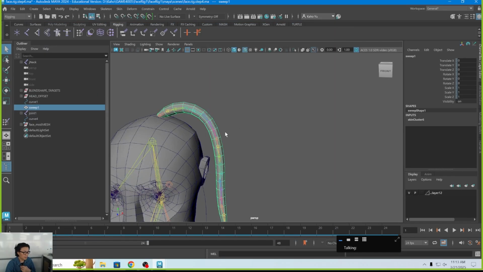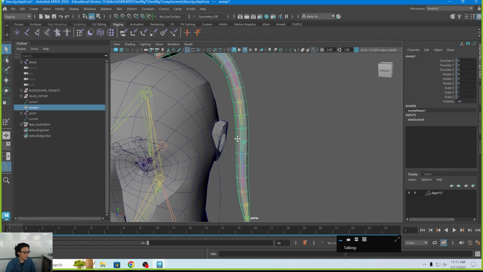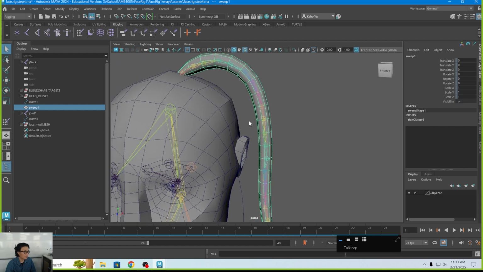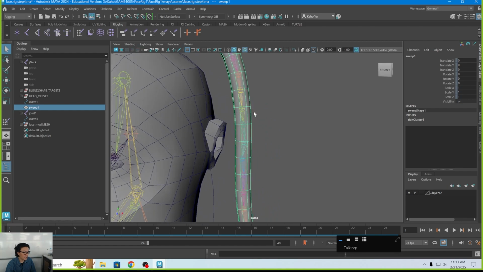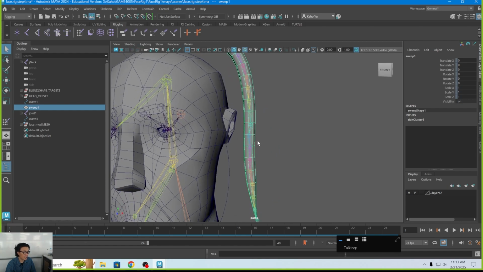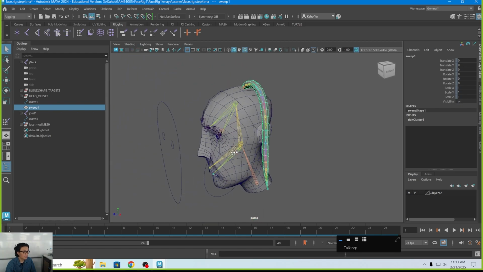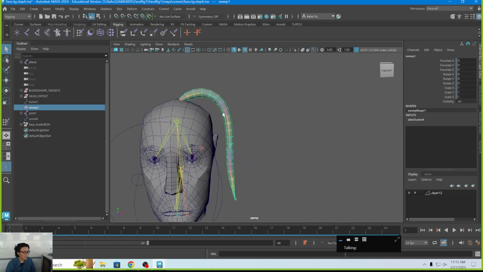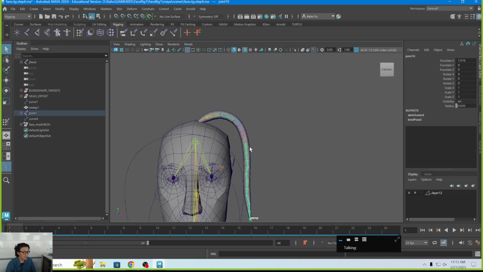Okay, next up we have another topic. How do we rig hair tubes? So this is a typical way you rig it. You would create a joint chain for the hair tube because the hair tube needs to bend very smoothly. So you would want to have a lot of joints so that you can create a smooth